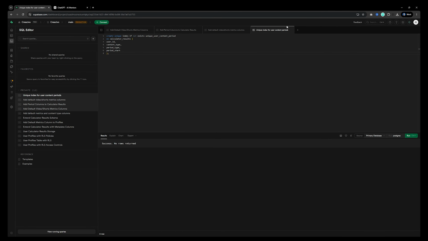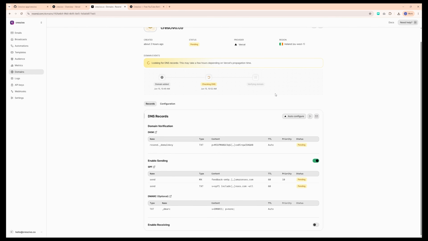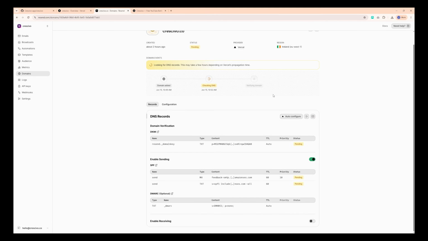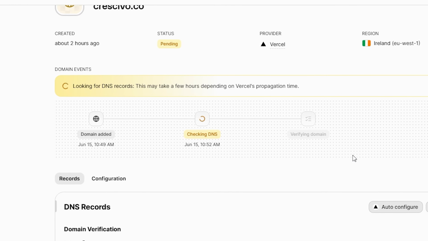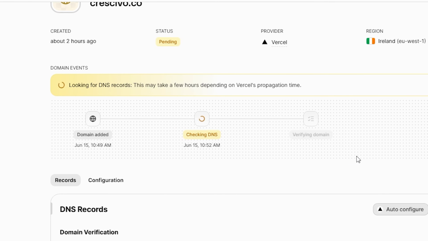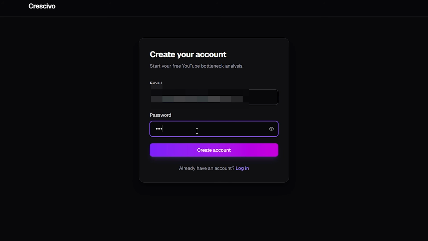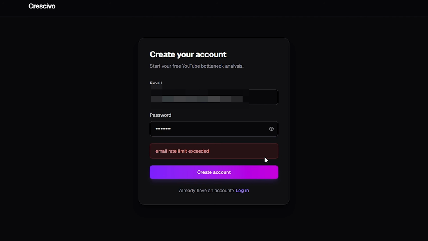So here's where we are with 45 minutes left. Supabase can't do anything because we've hit our email limit. Resend, which is what I want to replace it with, can't be set up because we cannot verify our email, since we cannot receive any emails to our domain. Not just that, but even if we did set it up, we still need to wait a couple hours for DNS propagation. I need to set up a new test account, but I can't create one because Supabase can't send it and Resend is not connected.